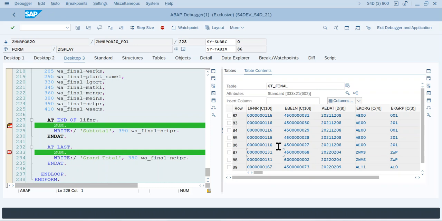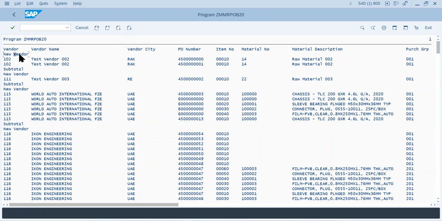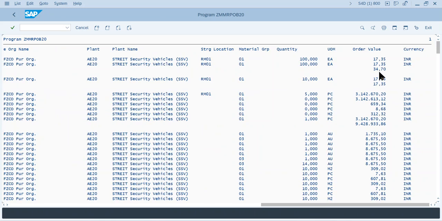See, right? So this is how the control break events are working. You see, it is triggering for the 87th row. Understood? So I'll just delete all of them now. I just print the report. You see, new vendor text is coming, and also subtotal text is coming, and if I scroll to the right, even the subtotal is also coming here. It's printed,